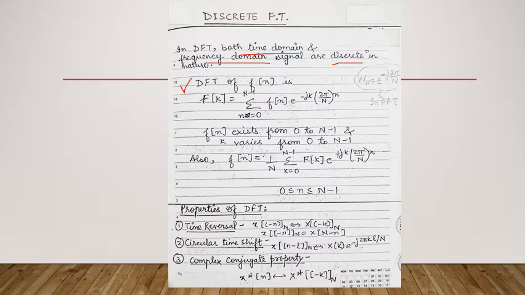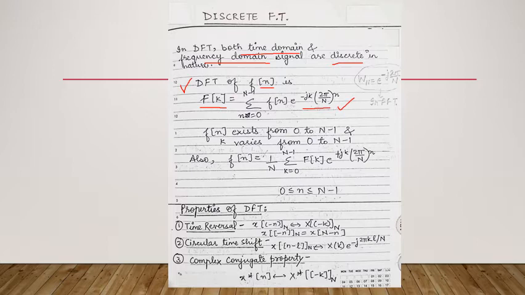So if we have a time domain signal given by f[n], where n is denoting the time, which is discrete in nature, and we are going to find the DFT for this time domain signal. The DFT is denoted by capital F of k, and it is defined as sigma n equal to 0 to capital N minus 1 f[n] e raised to the power minus jk 2 pi by capital N into small n. So this is the standard formula to find DFT for a given signal.